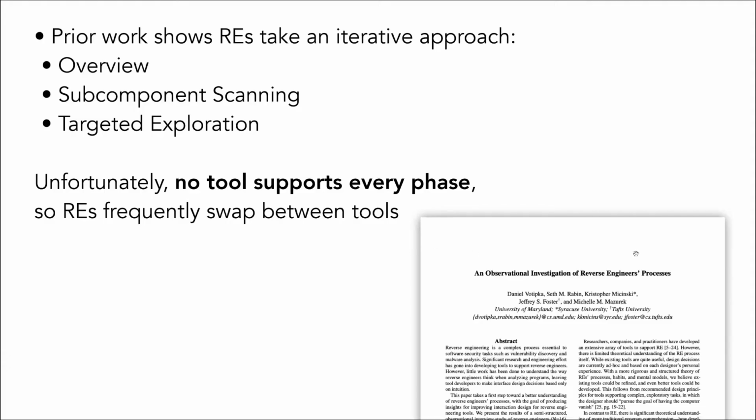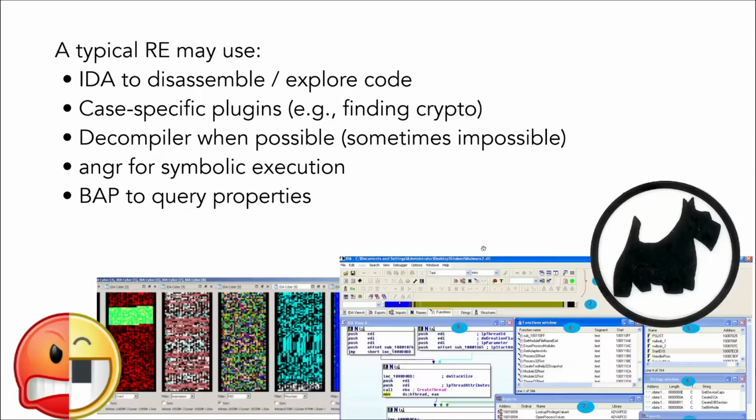According to some recent surveys in the reverse engineering area, I found that reverse engineers actually take an iterative approach. And reverse engineers have tons of tools, and each tool is just for some specific phases. So as a reverse engineer, they need to swap between different tools. So a typical reverse engineering task will look like, first, you disassemble the binary and load that into some